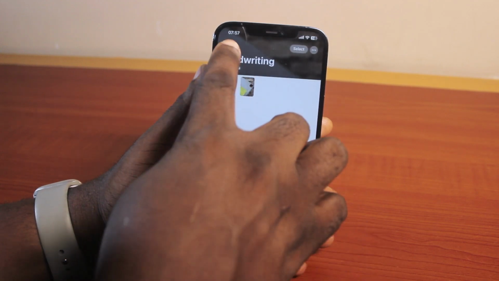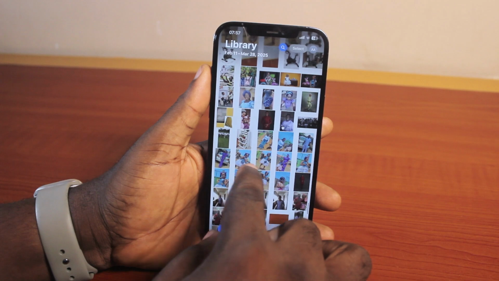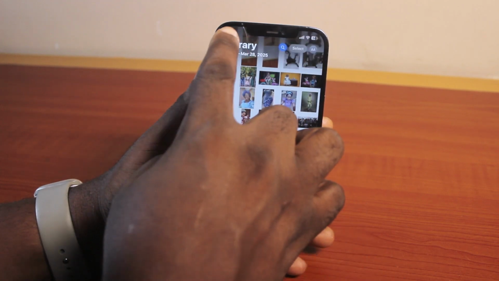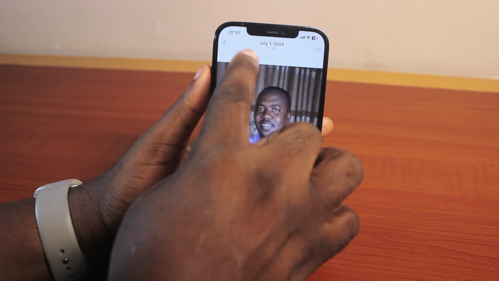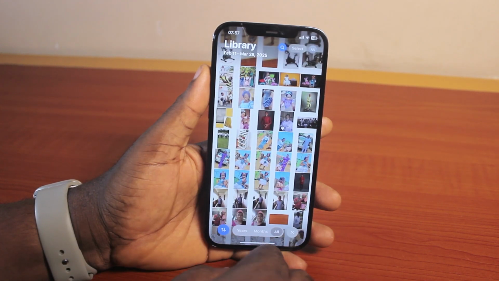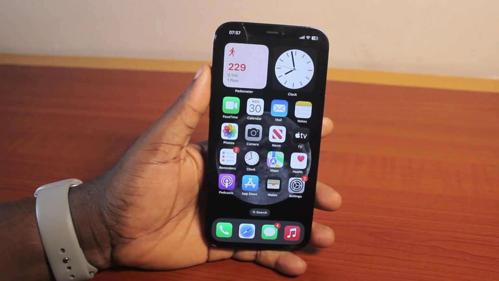That's it. Now, if you go back to the Photos app, then you should find the photo you merged here. So those are the photos in the duplicate folder. So instead of deleting them, you can simply delete the duplicated one and keep the original photos on the Photos app. So that is exactly how to delete